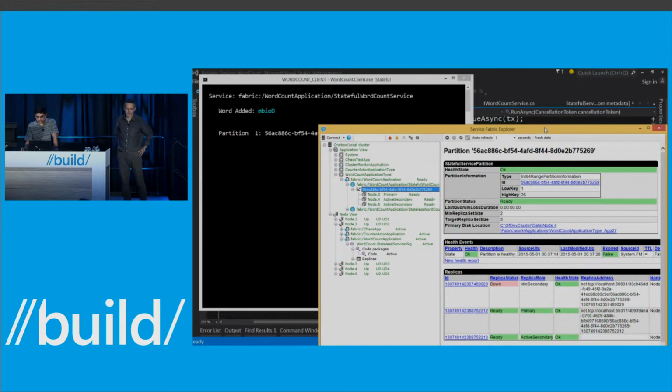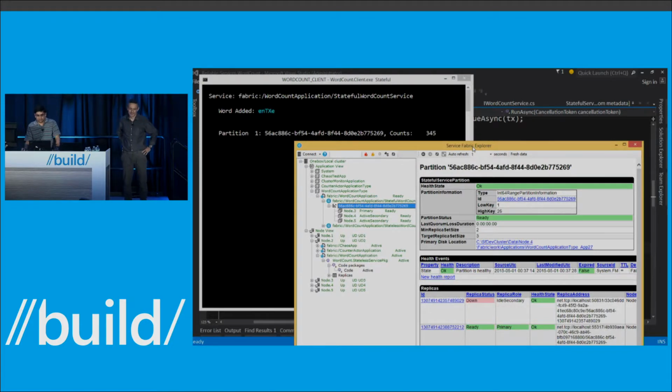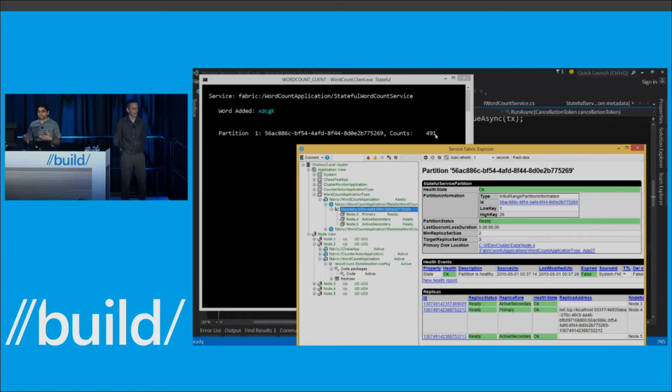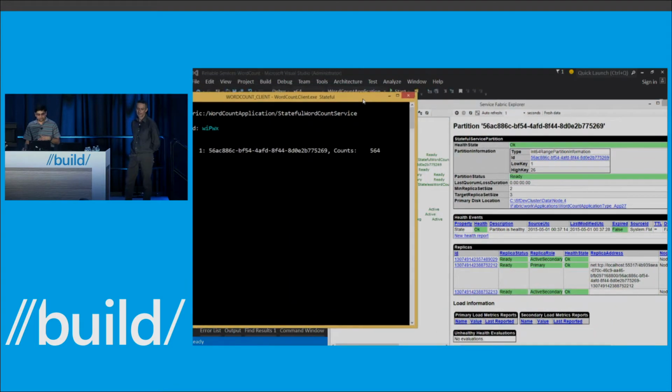So primary replica has been restarted. Another replica became the primary, and you can see that the counts are going on, and then we haven't lost any count. Previously, we lost the count, so the state is reliable. The service is still functional while a primary went down because there was a very fast failover. Another replica became a secondary, became a primary, and then I was able to continue the operation. I was able to continue the operation because this is a quorum-based system. So out of 3 replicas, 2 replicas were available. So I'll do this again just so that you can follow along.